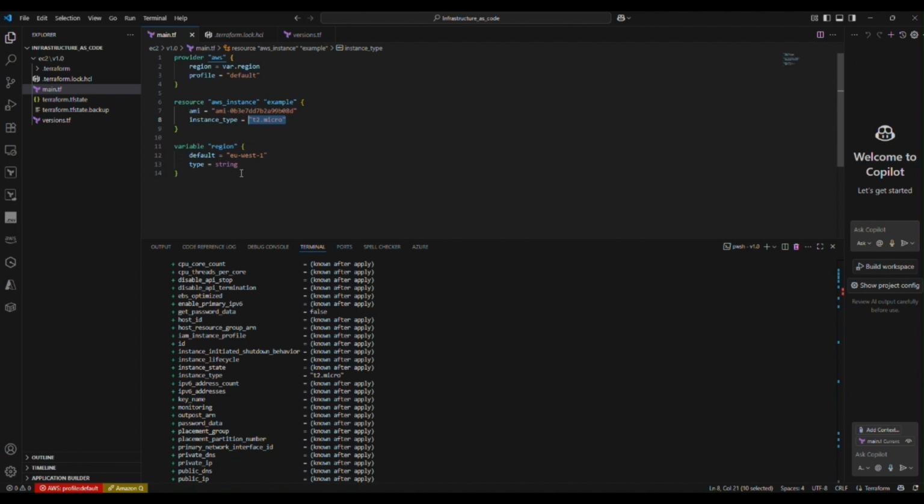So now, the reason why I don't prefer that we write the resource and variable in the same file is because what if you then have to create a lot of variables? Then your code will start looking very messy and techy. So what I then advise is you can go to this folder where your main TF lives, and your version is there, and you add a new file, and you can call it variables